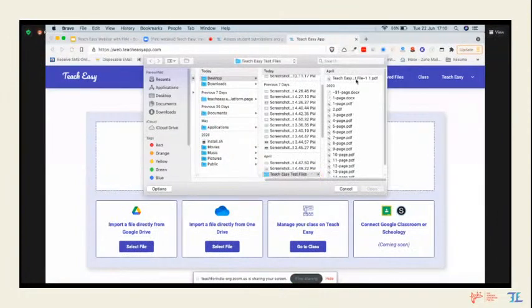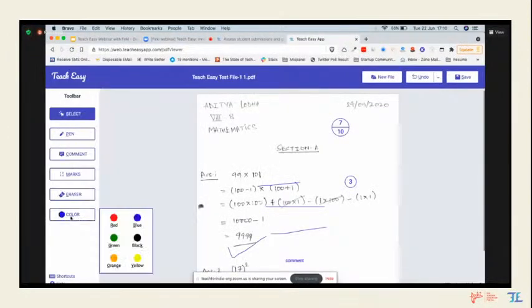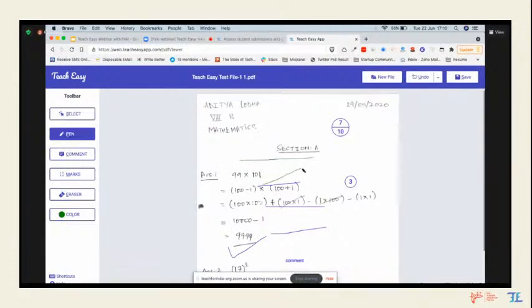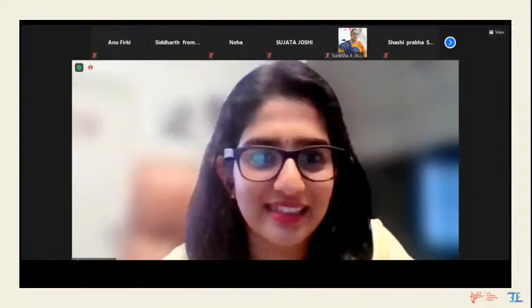This is the demo file that I'm using to show the demo. Let's say I'm using green color. I selected green color and pen. Now I don't have to change the color again, and everything remains intact. So the color sustains. You don't have to change color again and again. Perfect. I think that answered the question.